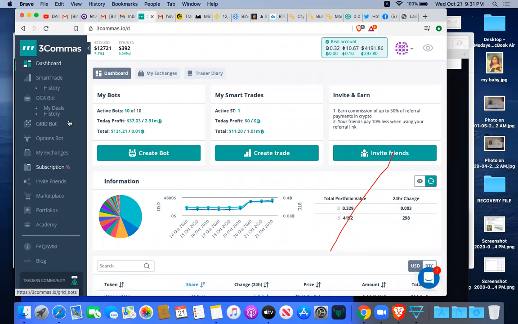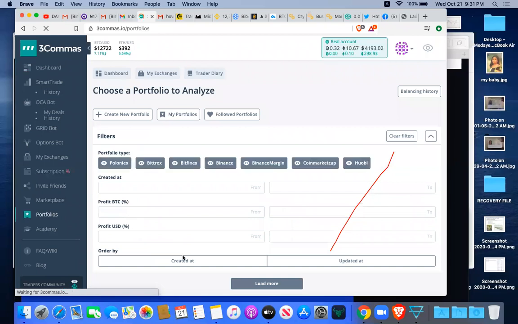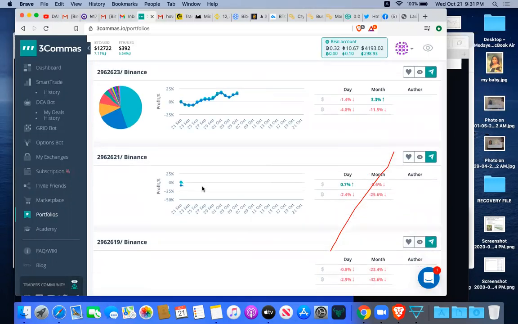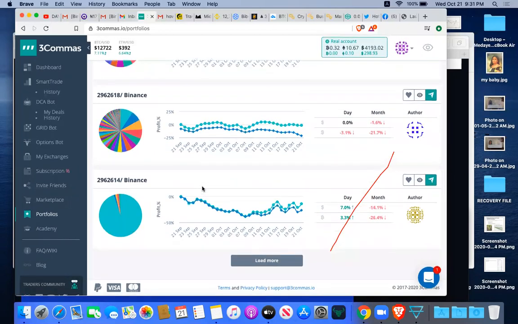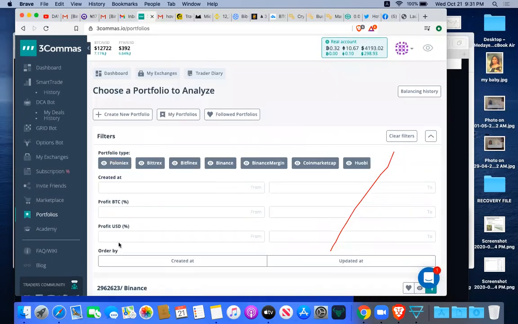Just like even how to manage your portfolios over time, you can do that, but that's not what we're going to do today. You can create portfolio management here, and then analyze your portfolio and how you're doing with it. So many things, but the basic things that you are still using right now is DCA bot and the smart trade.